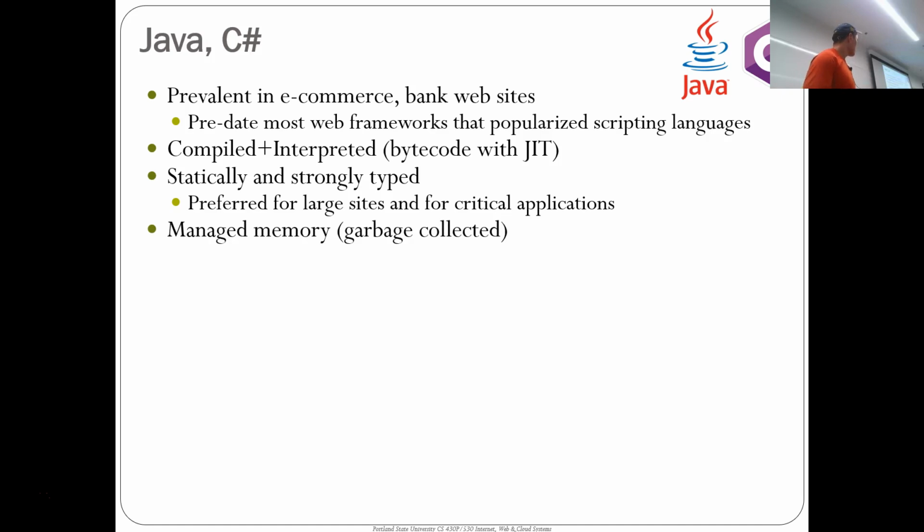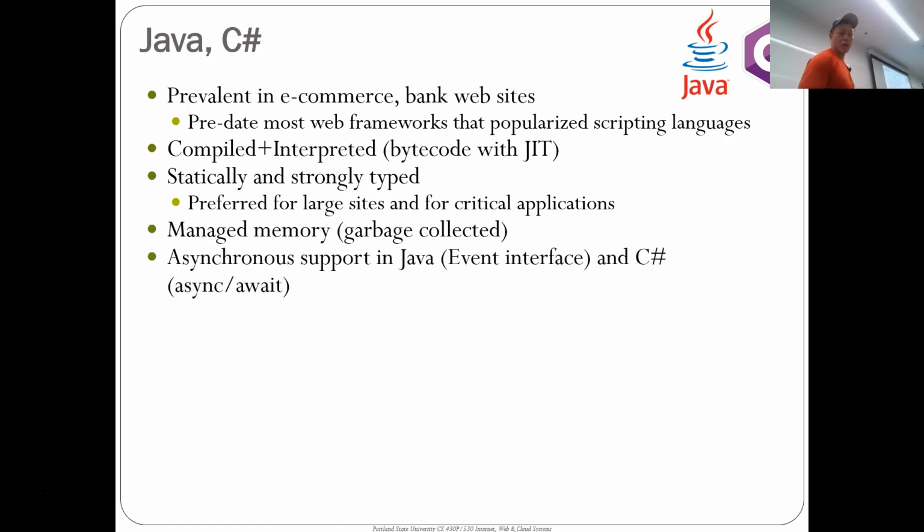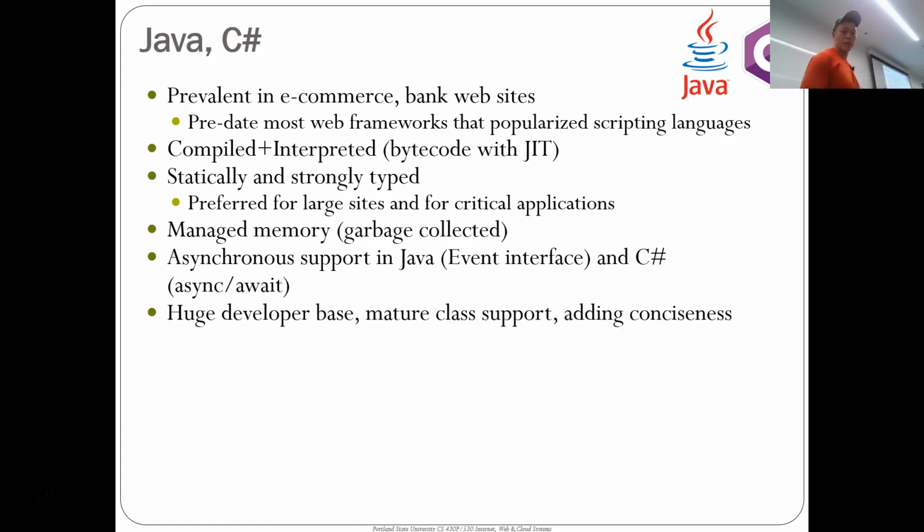It uses managed memory that's garbage collected. It has asynchronous support. In Java, it's this event interface, and in C#, it's this async await interface that JavaScript liked so much that they basically took. So the async await stuff comes from C#. It's got a huge developer base, mature Clash support, and then it's starting to add conciseness, as we talked about